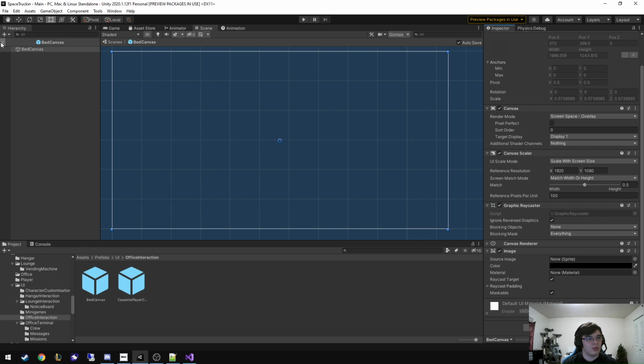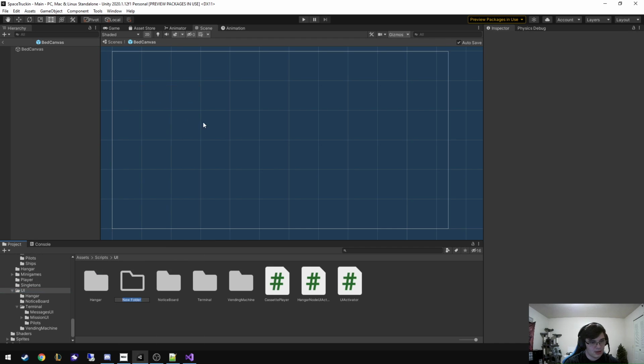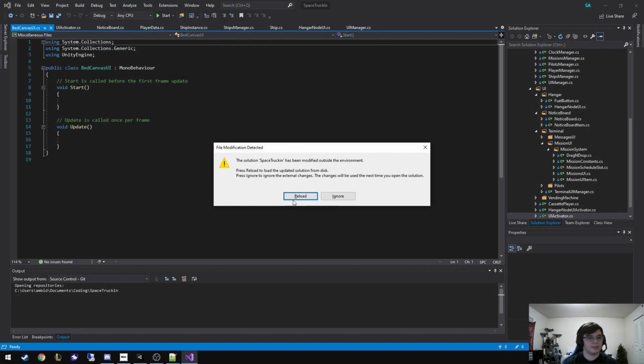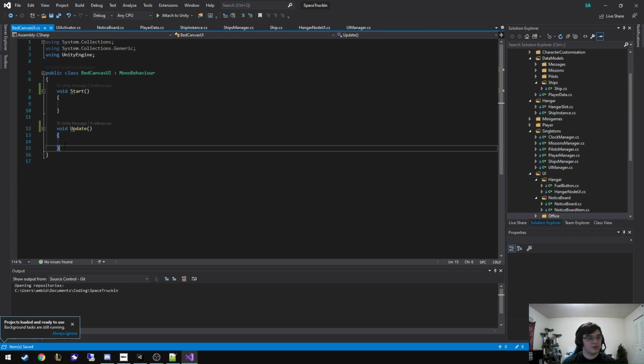So let's go to scripts, UI, office, and then we'll add a new script called bed canvas UI. And inside of here, all we will do is